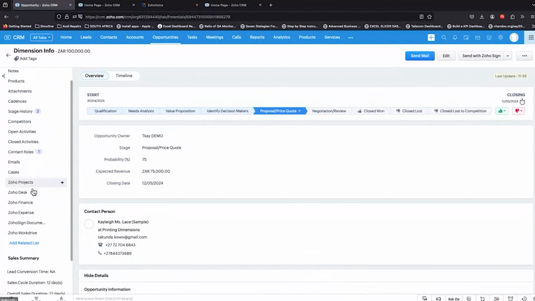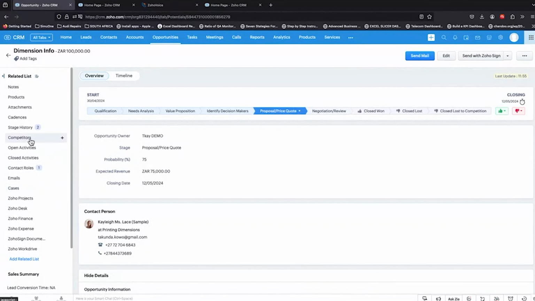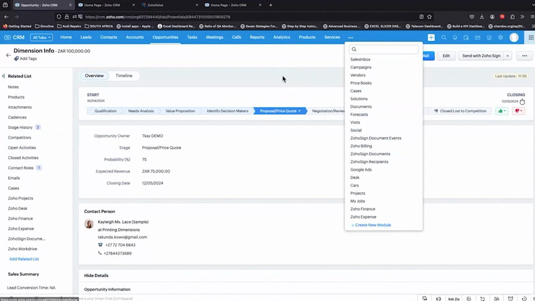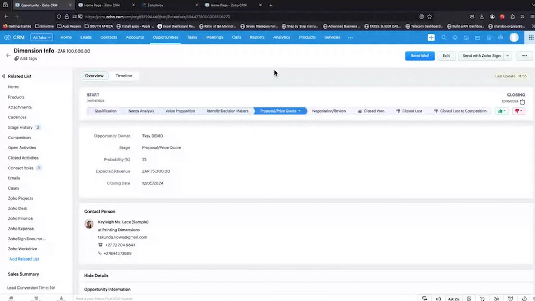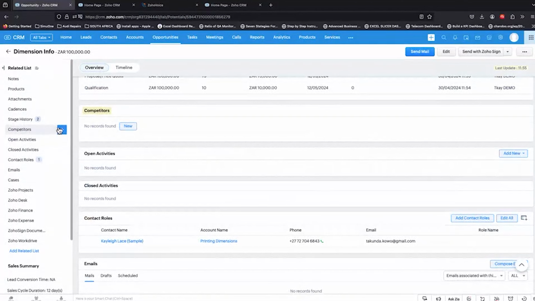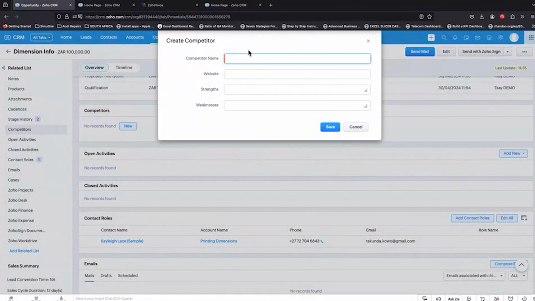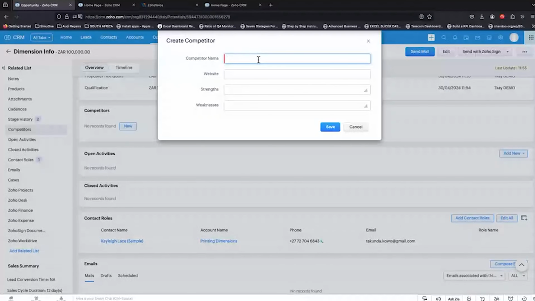Within the CRM, you are able to quote. You're able to quote within the CRM itself, using the native quote modules. Using the native quote modules, you are able to mark your competitors. So here we can create our competitors. So let's say your competitor is,